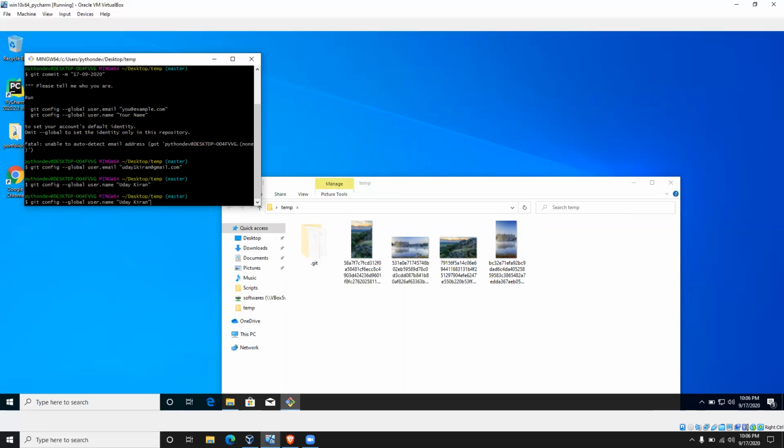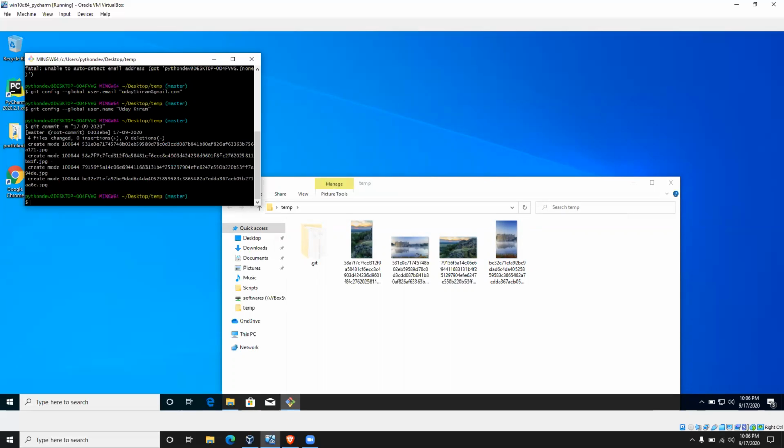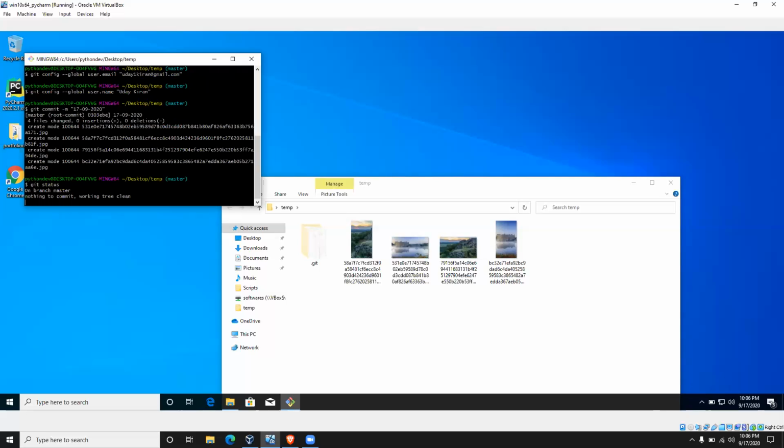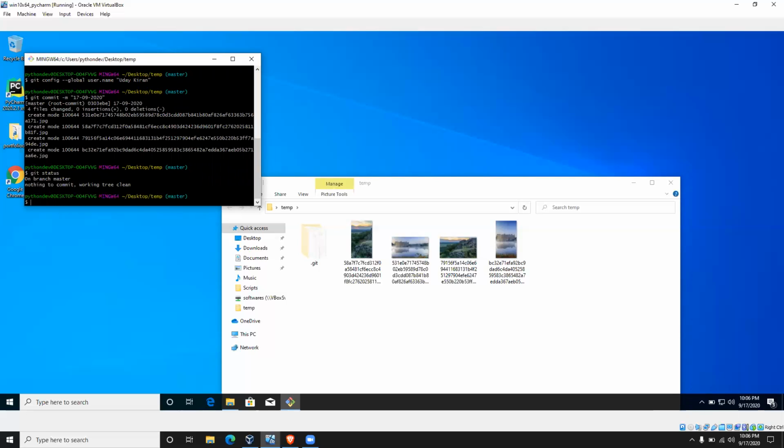Yeah, git commit with these messages. Now this is a local repository.